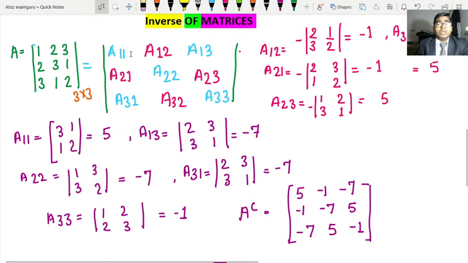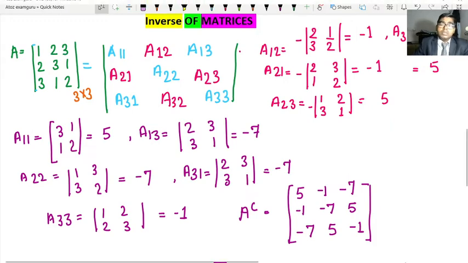I have written this because in the previous lecture I told you how to find the adjoint of a matrix. So in this step we go only one step ahead. Let us see. I have written the cofactor notation form of the matrix, right friends? Find each cofactor for the respective position like A11, A12, A13, A31, A21, and so on. By doing this, you will get the respective elements.